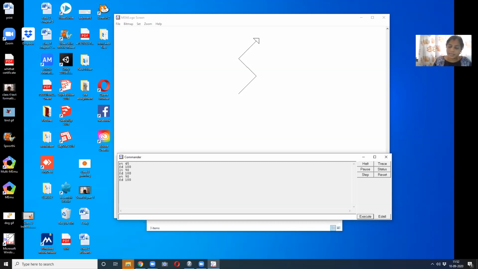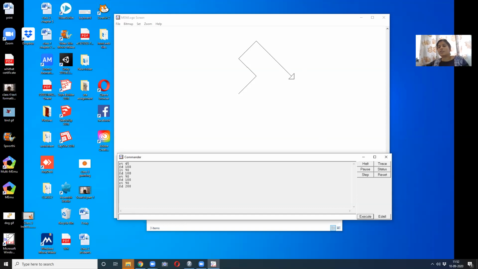Now I want to bring it back again. RT. If I want to bring it this side, this is the left side, this is the right side, so I want it to go to the right side, and I want it exactly proper like this, so it should be 90 degrees. It turned. Now I'll say forward, not 100, I'll say 200.